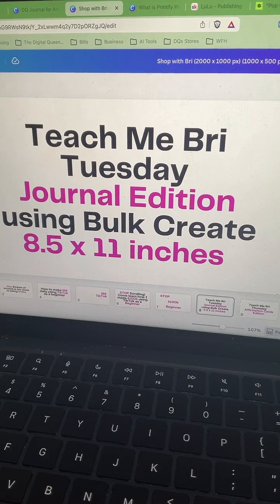Okay, so let's say creating a journal in Canva. And then we're going to do,